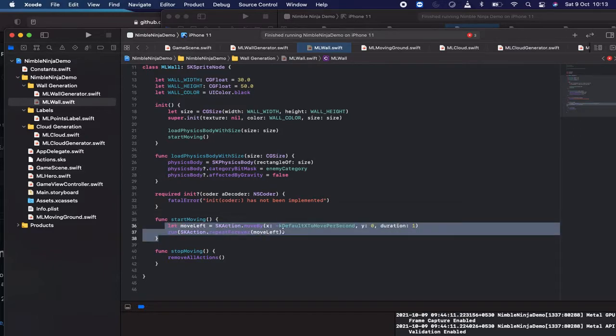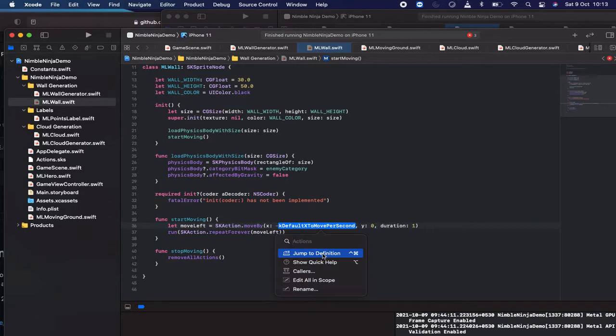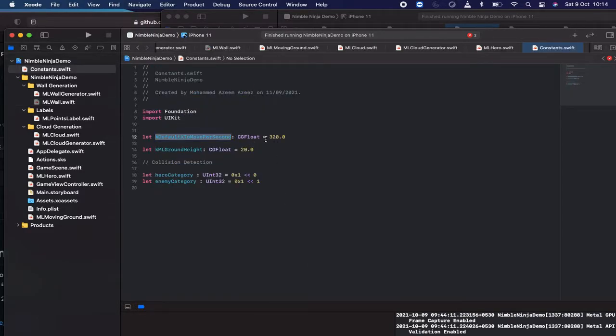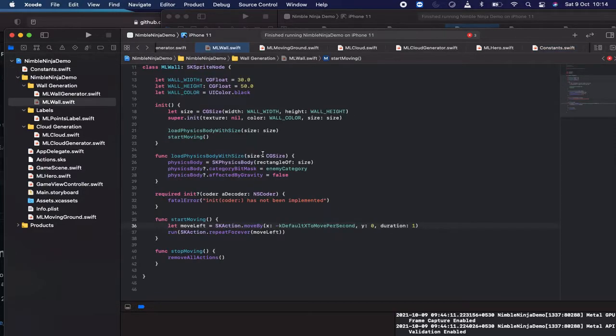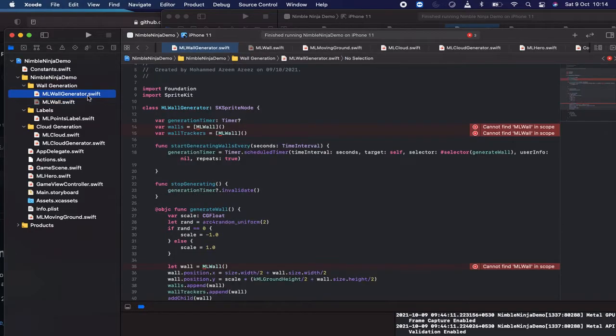So it's having the repeat action forever, which is according to the move to per second, which means it's a move to x per second. That's the direction, what it means. And here it's having the